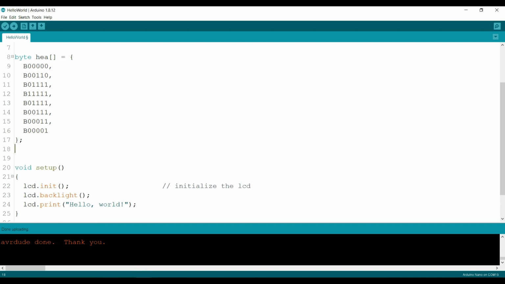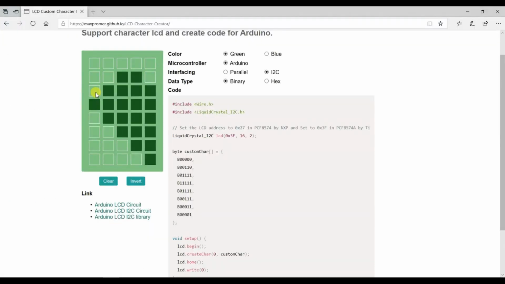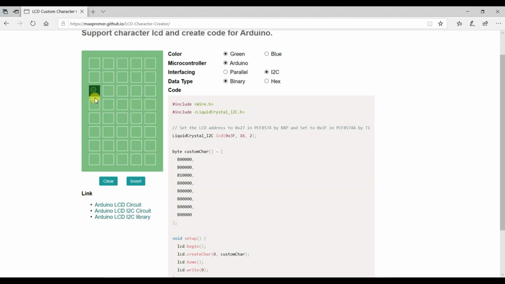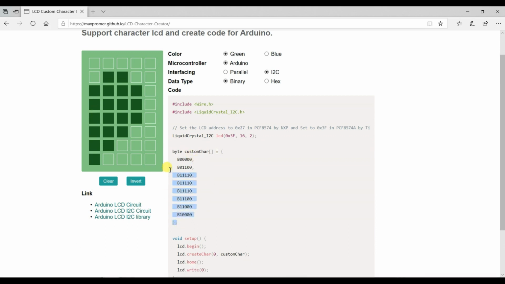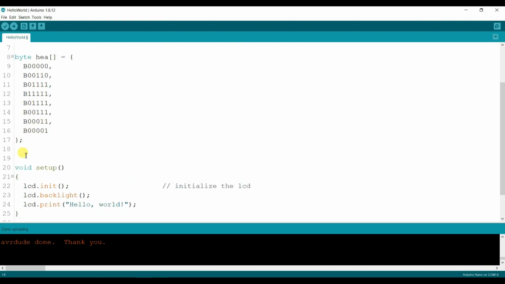And again I will create another part. Now again I will copy this and paste it here.